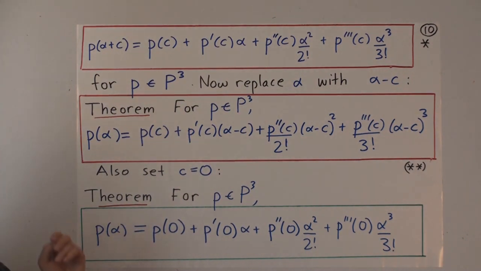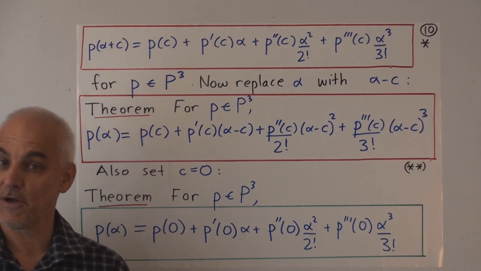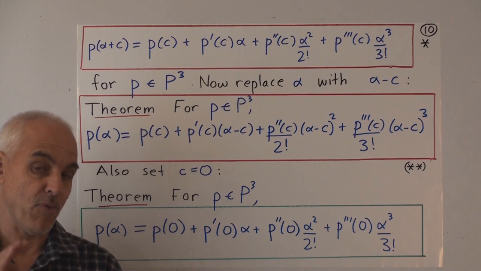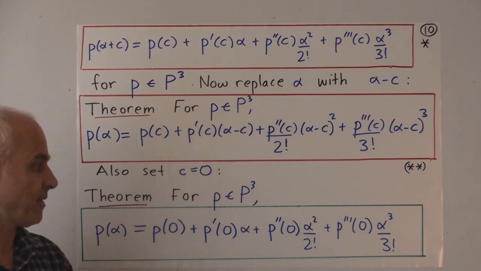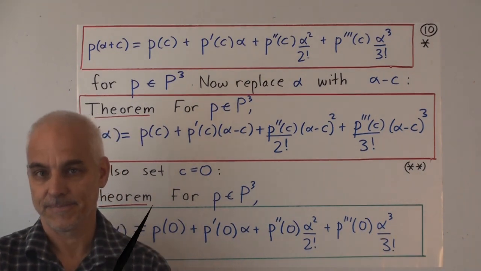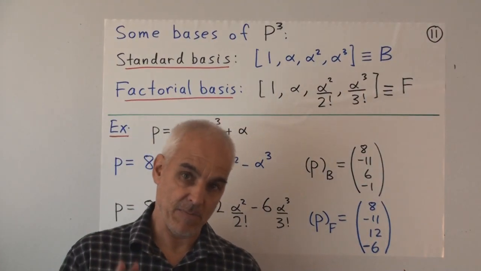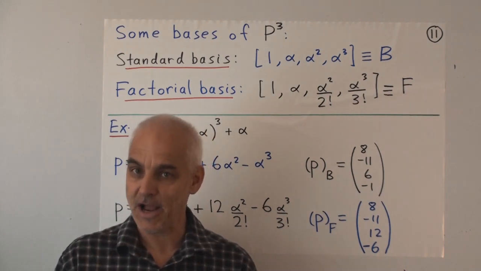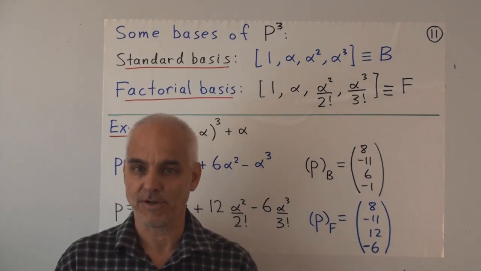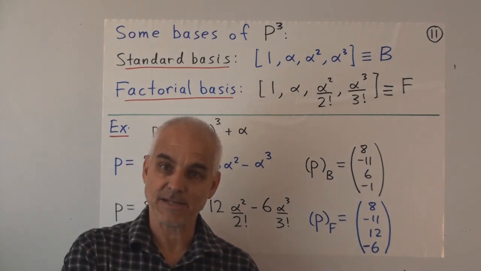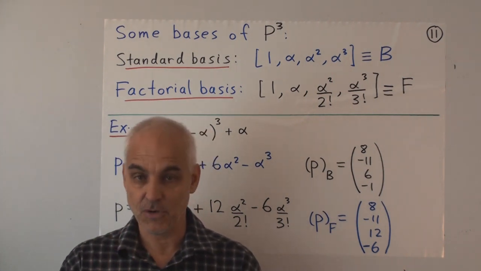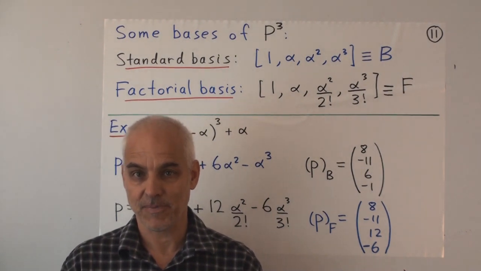So it's giving us an interpretation of the coefficients of a polynomial in terms of the derivative of that polynomial and higher derivatives, all evaluated at the point 0, which is a rather special point related to the choice alpha, alpha squared, alpha cubed. A useful consequence of thinking about polynomial spaces from a linear algebra point of view is that various bases naturally become important. And we don't just work with one basis, we often work with several different bases that give us different points of view about the space of polynomials.